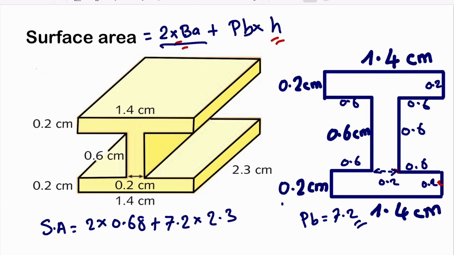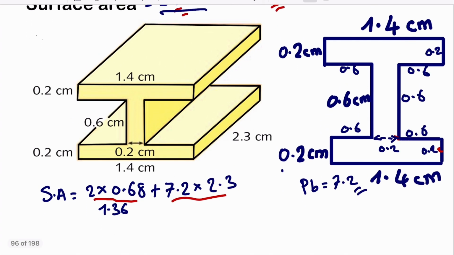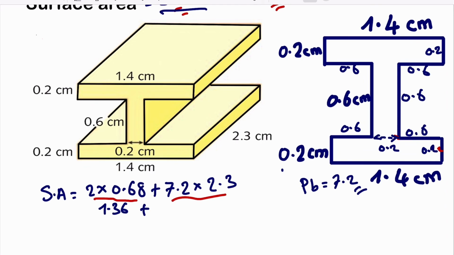If we multiply 2 times 0.68, it will give us 1.36, plus 7.2 times 2.3 will give us 16.56. If we add them together, we are going to have our surface area equals